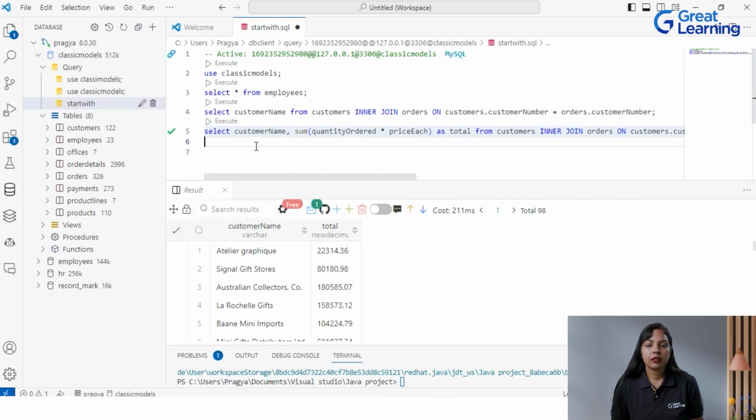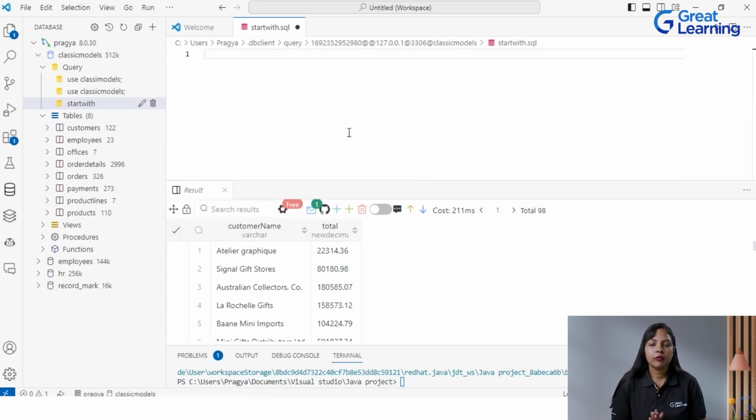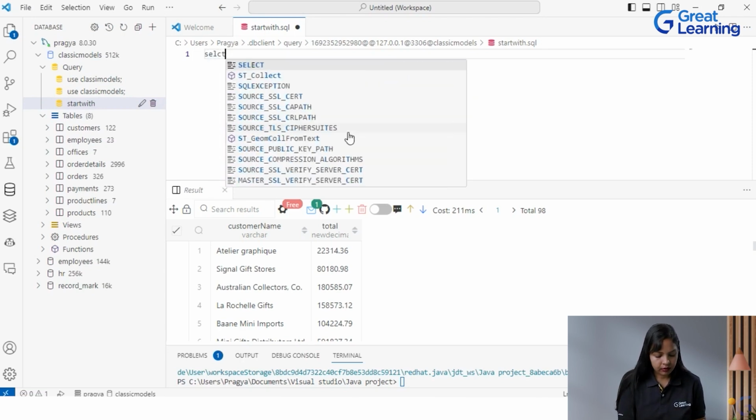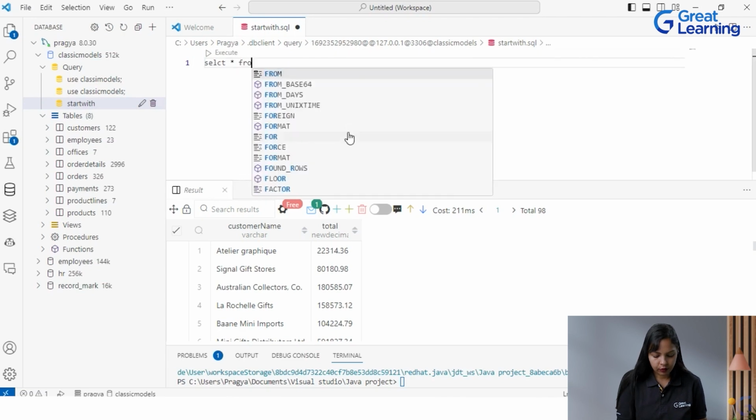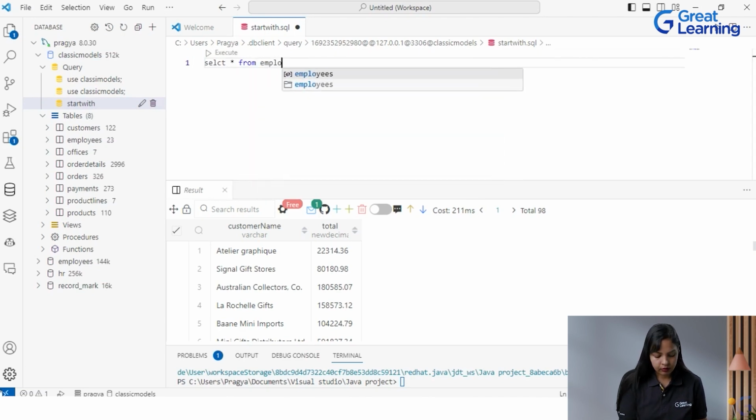The various complex concepts like subqueries can also be executed with ease. If you want to create complex queries like creating a subquery, that also GitHub Copilot is going to help you with. Okay, I'll give you an example here. Suppose I want to create a subquery. So I'm writing select star from employees where employee number